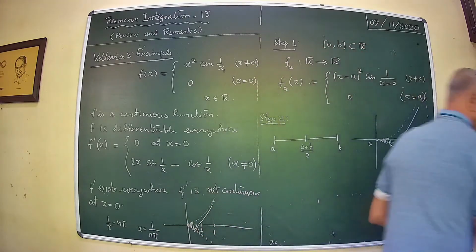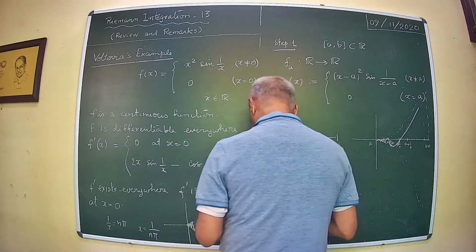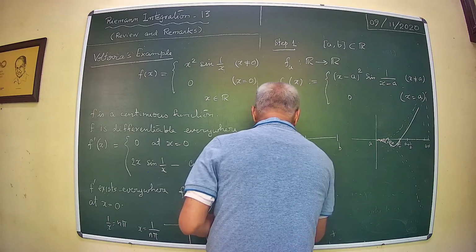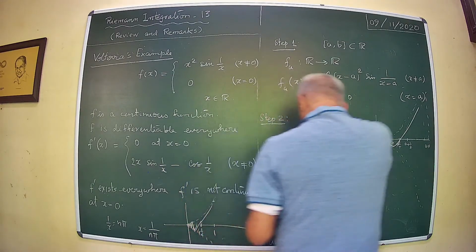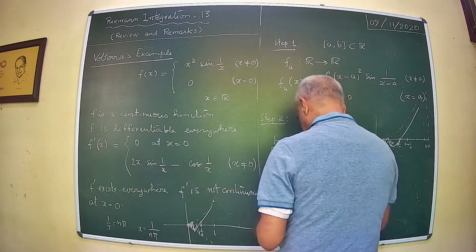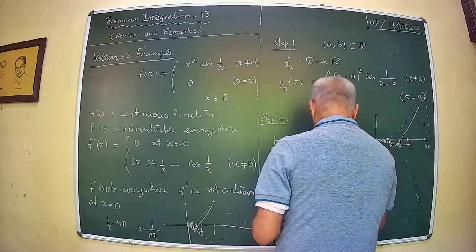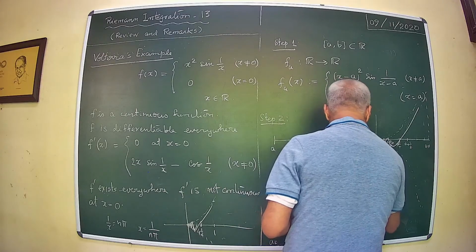Now we define alpha a to be the supremum of x lying between a less than x less than or equal to a plus b by 2,